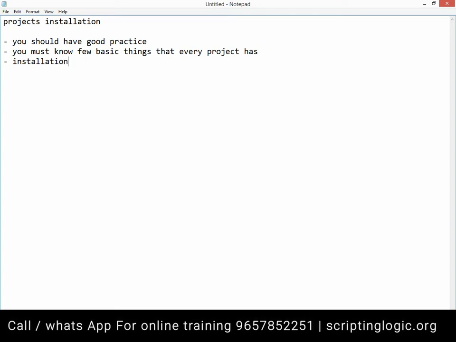Actually, from small industry to middle level industry, generally the QA people are asked to host the build, right? I use the word host the build if the project is web based. It means that when the developer finishes their work or their bug fixing, they will give you a published build, and you will have to install it onto your server, and after installing you will have to check or test that.